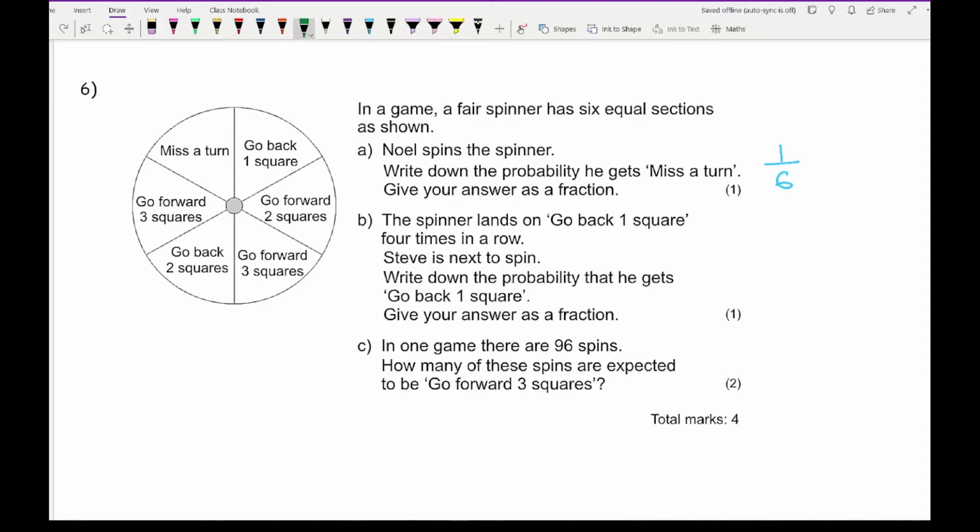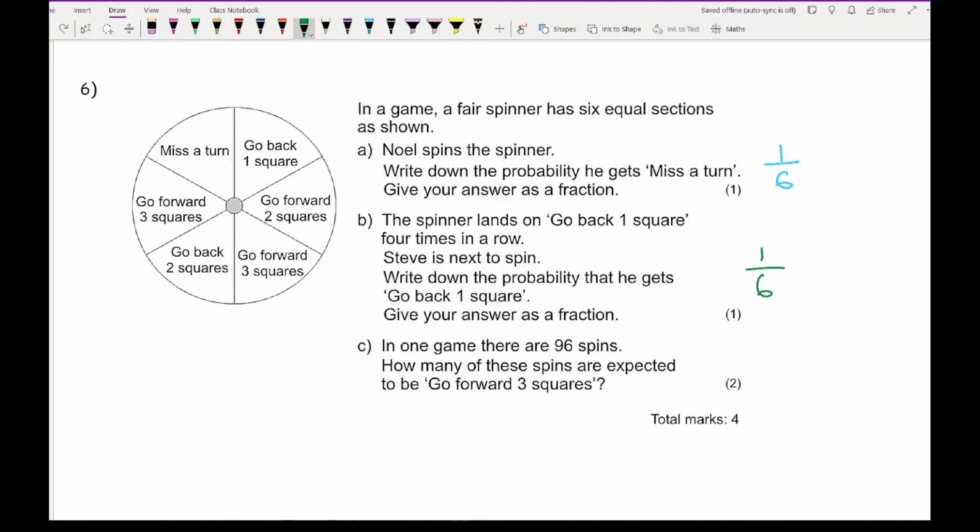Moving on to part B, it says the spinner lands on go back 1 square 4 times in a row. Steve is on the next spin. Write down the probability that he gets to go back 1 square again. So the answer is again going to be 1 out of 6